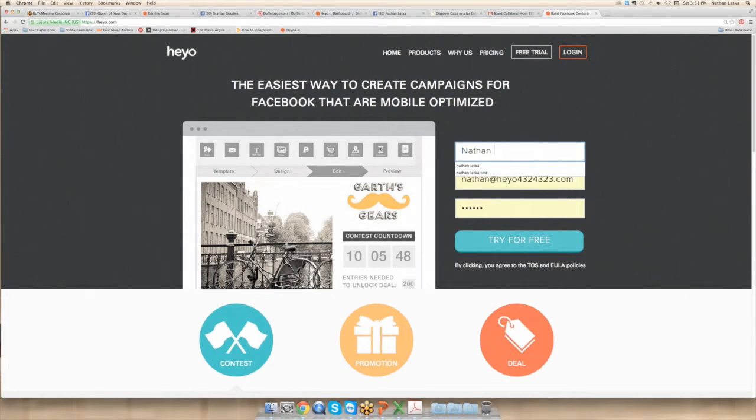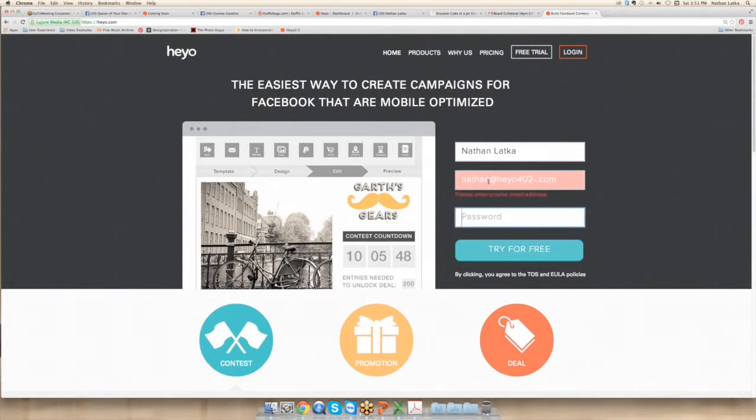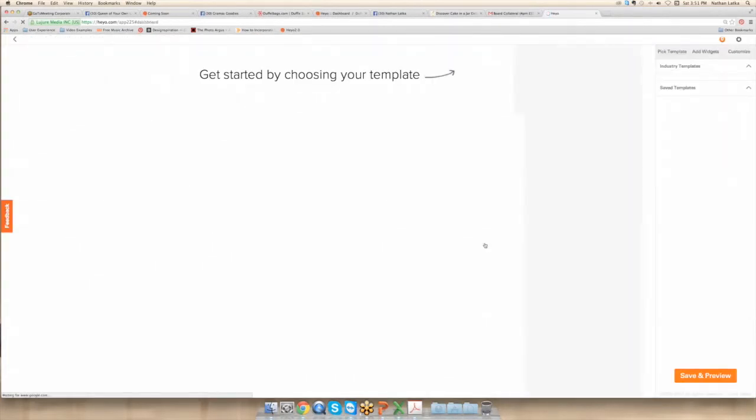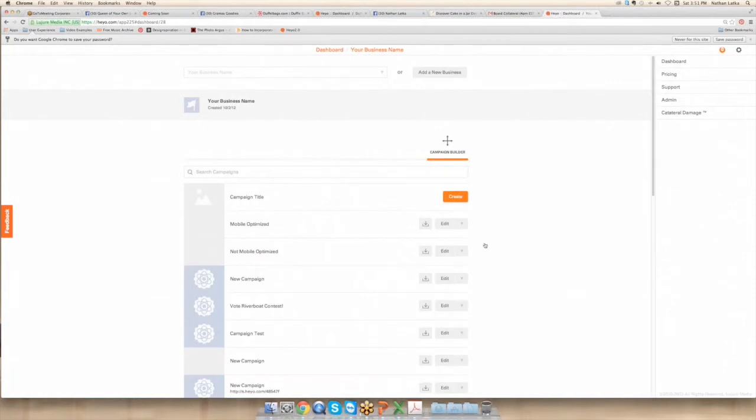Put your first and last name. Put in your email. And then a password. Okay. And it takes you right into the builder.